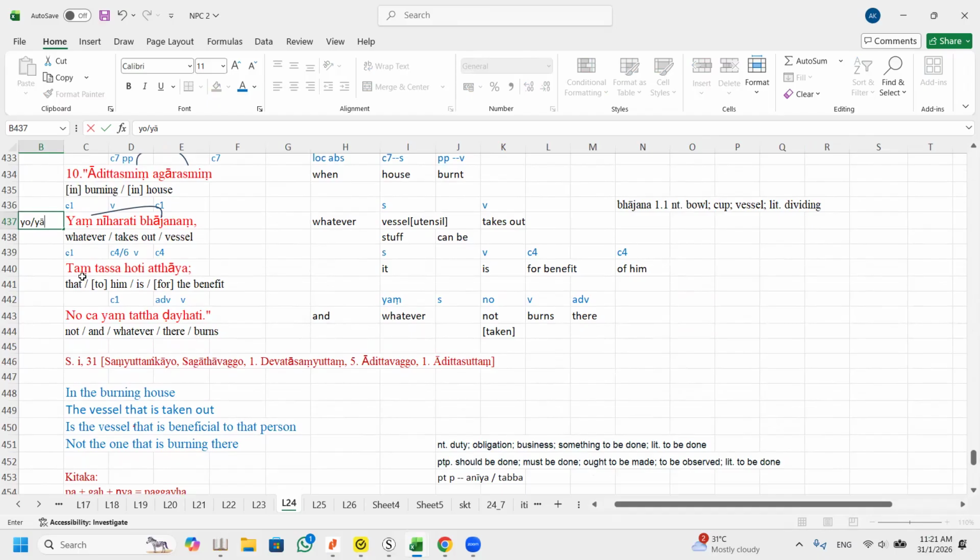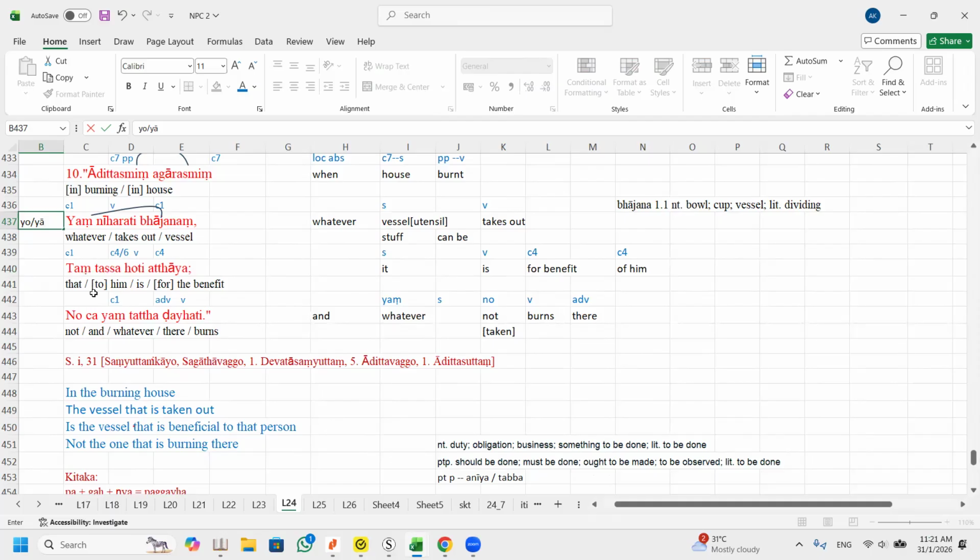So third line, I put it first. Then this is the verb. I put is, tase. Okay, tase. I'm not sure. And then can you see this one is very sure? Welfare or benefit. So in this case, you can see that it is referred to this. It is for benefit. Then in this case,